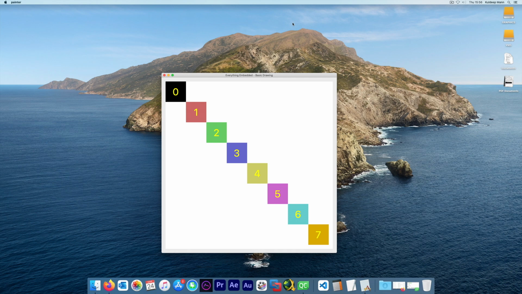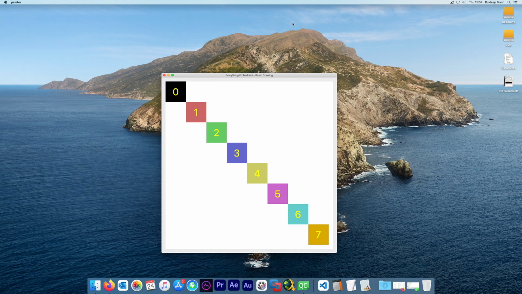So what you see on the screen now is a very basic example, which is what I was writing today. It shows you how to draw rectangles, around 7 or 8 rectangles in different colors and with text displayed inside them. It just labels the rectangle sequence, so 0, 1, 2, 3, 4, 5, 6, 7 as you see on the screen, and draws the rectangles in different colors as well.